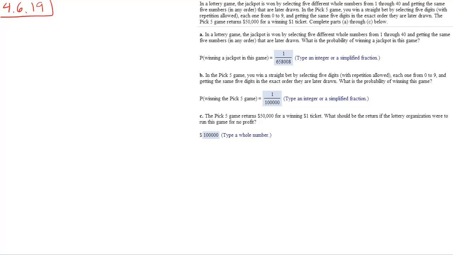In this case, you've got a lottery that has numbers from 1 to 40, and you have to pick 5 of them, in any order. And order doesn't matter. If the numbers come up 1, 2, 3, 4, 5, and you had picked 5, 4, 3, 2, 1, you would still win the lottery. And then they have this second kind of game where you select 5 digits from a regular digit, just being from 0 to 9, but those have to actually be in the precise